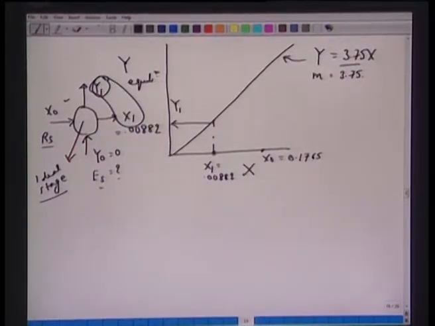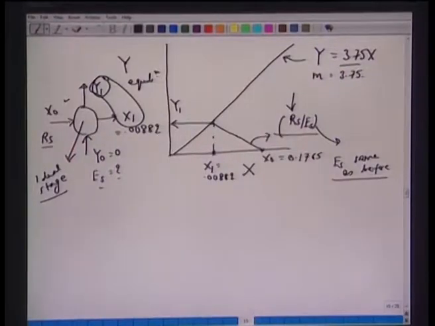So, we can take a pencil or graph scale and obtain this y1. If you connect y1 and x0, we will get a slope here, and this slope is nothing but, if you recall, Rs over Es. So graphically it is sometimes easier to solve. You take x1, you know the equilibrium curve, you mark this point, connect this, and we have Rs by Es. Once we know the slope, and Rs is known, we obtain Es same as before. I leave it to you as an exercise to check that you obtain values of Es similar to what we obtained by writing down and solving the material balance equations.